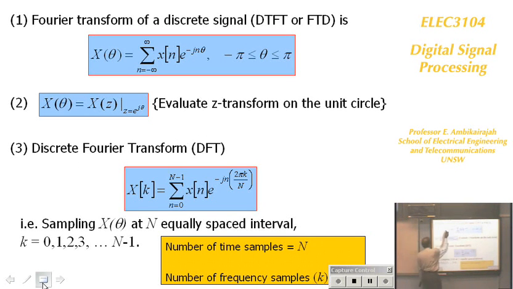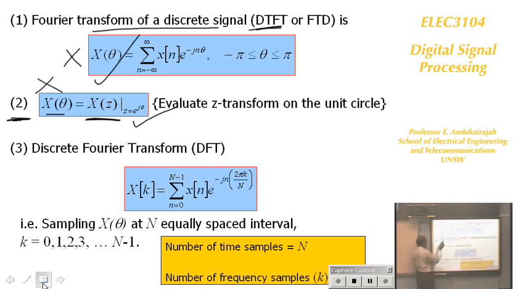So, the Fourier transform of a discrete time signal is the discrete time Fourier transform, x theta. That's the way you evaluate. The second method is you find x theta, you find x hat, and then substitute. And the third method: this is too tedious for complex signals. When I say that, I mean a complex sequence. So the next method is discrete Fourier transform,